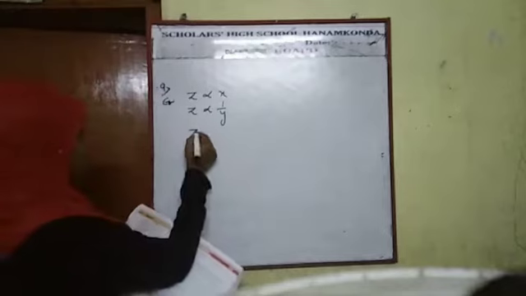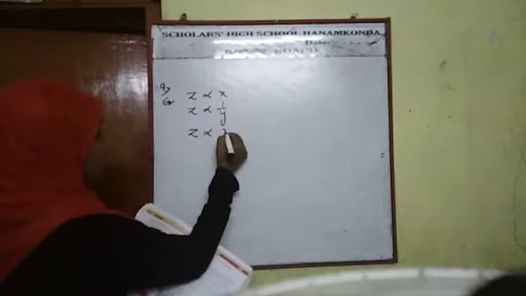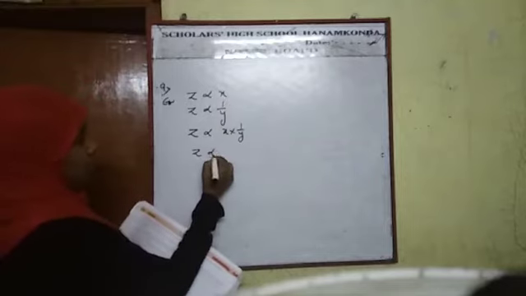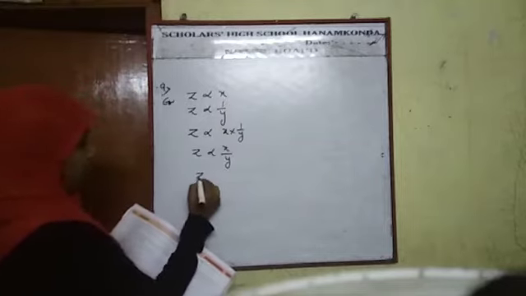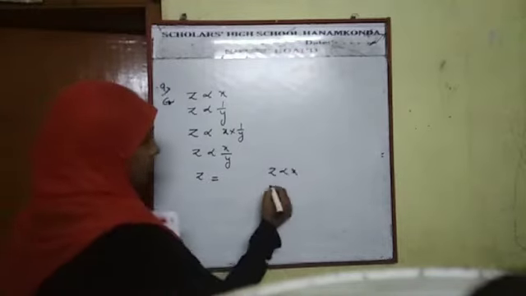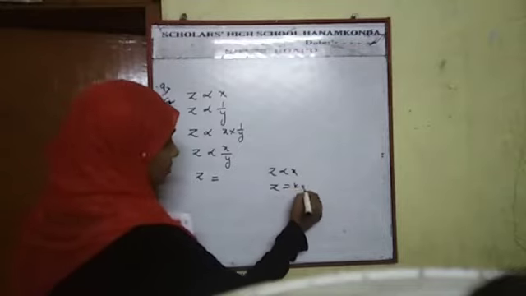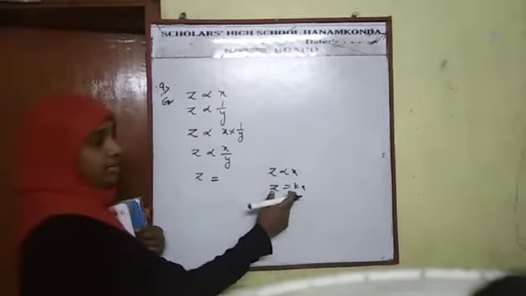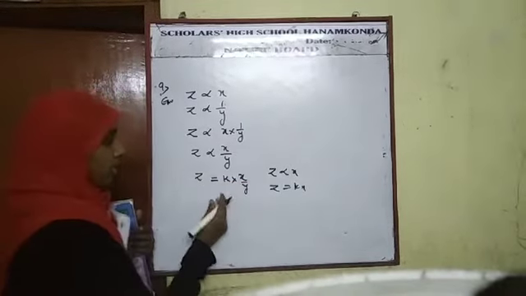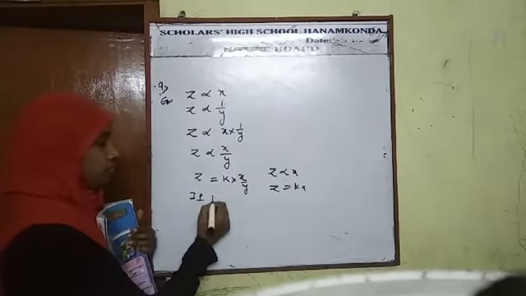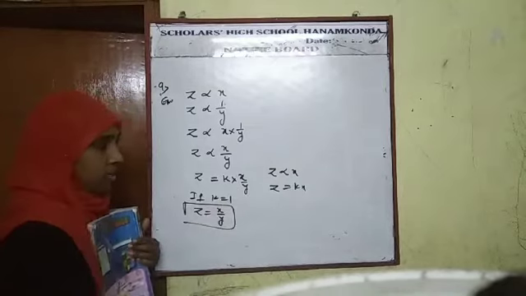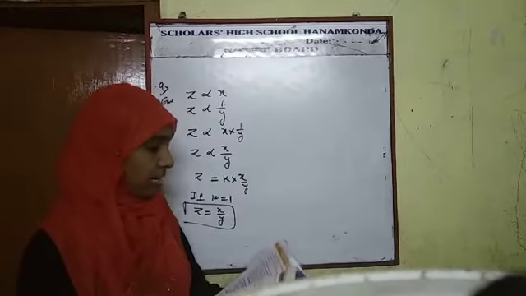So that means I am writing z proportional to x into 1 by y. This multiply I am doing. Then z proportional to x by y. Now I am writing z is equal to kx. When I am removing proportional, I will take a constant k. So I am writing here k into x by y. If k is equal to 1, now z is equal to what? x by y. Take it the first one. Okay, now this one, first line over.